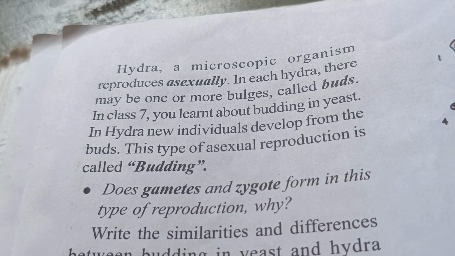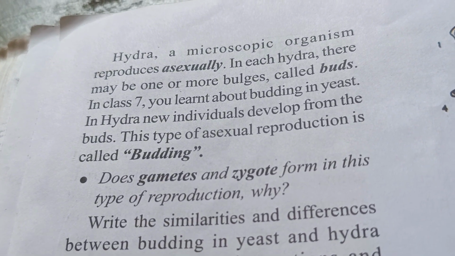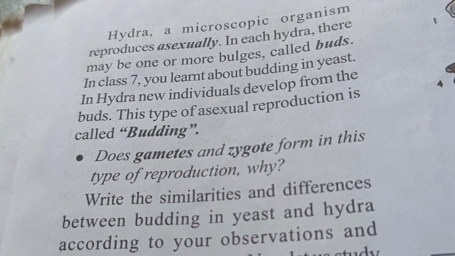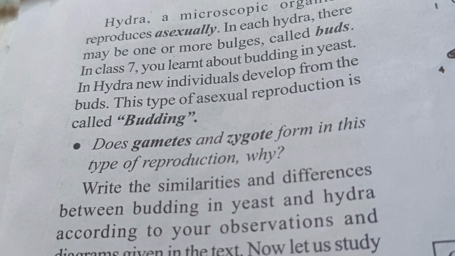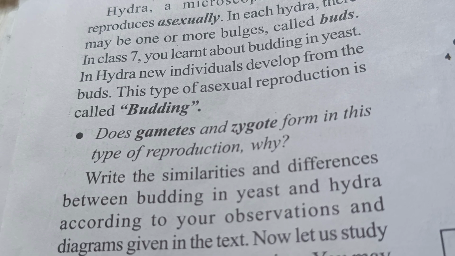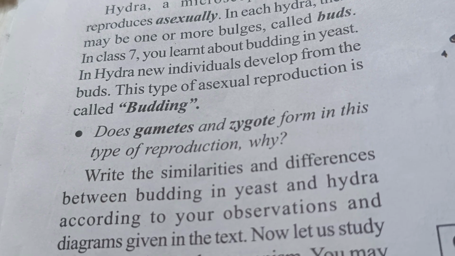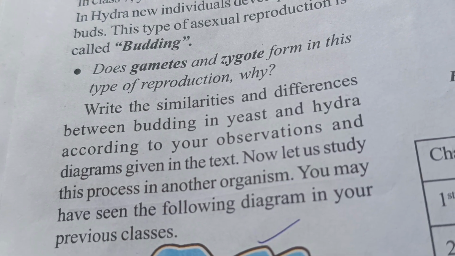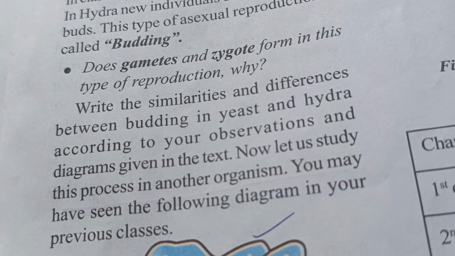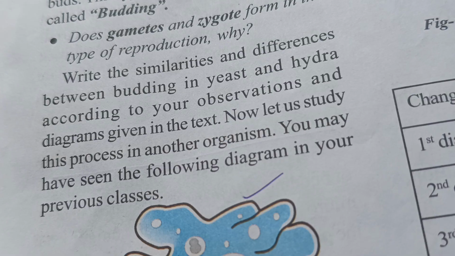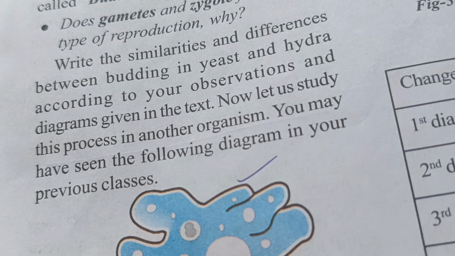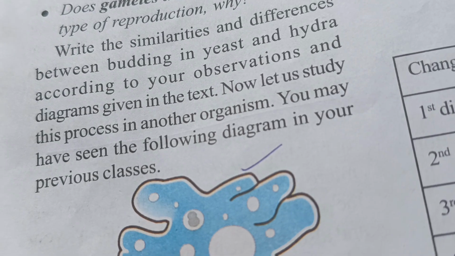Hydra, a microscopic organism, reproduces asexually. In each Hydra, there may be one or more bulges called buds. In class 7, you learned about budding in yeast. In Hydra, new individuals develop from the buds. This type of asexual reproduction is called budding. Do gametes and zygote form in this type of reproduction? Why? Write the similarities and differences between the budding in yeast and Hydra according to your observations and draw diagrams